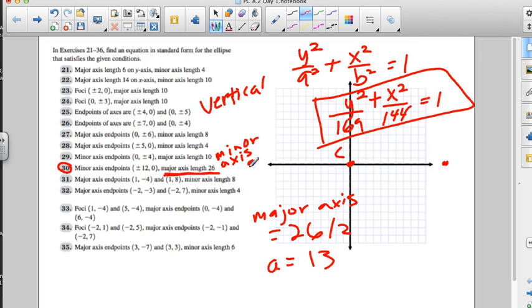So this one, I am absolutely certain what got you was the introduction of that minor axis that made people think this was horizontal, by going too quickly from the sketch to what they had for the information. So with this, we want to make sure that we're constantly thinking, all right, is this vertical or is this horizontal? Which way do I go with this? And whatever piece of information they give you, graph it and then think about what they've given you, and that'll help you out a lot as far as how you're going to graph that. All right, next up,